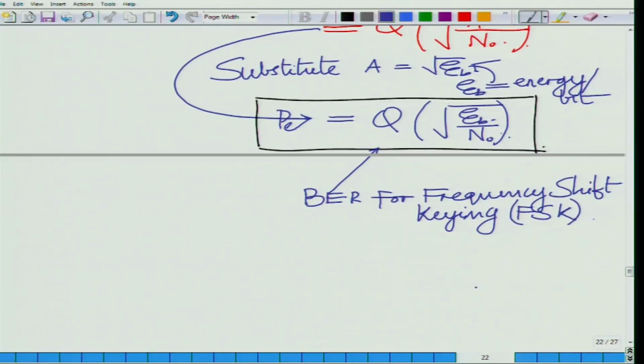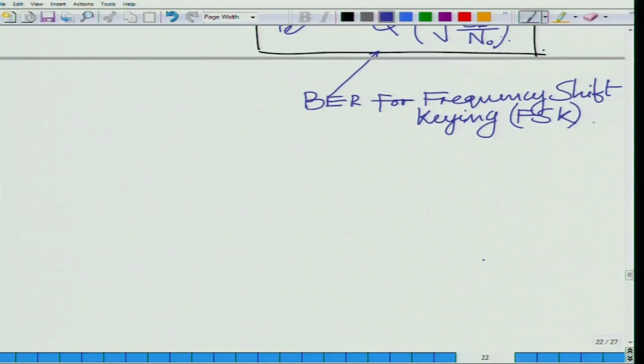This is the bit error rate for frequency shift keying, that is FSK. Okay. So, this is the bit error rate for frequency shift keying, and again you can see if you compare it with bit error rate. Now, if you look at the bit error rate for BPSK, that is basically Q